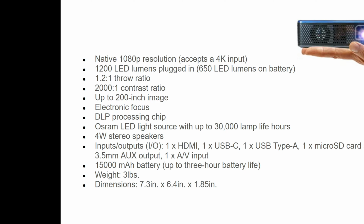There's an electronic focus, which lets you easily achieve a crisp on-screen image. There's a DLP processing chip, which makes for really good color accuracy. Its OSRAM LED light source features up to 30,000 lamp life hours. There are 4-watt stereo speakers, and there are plenty of inputs and outputs, including a full-size HDMI port, a USB-C